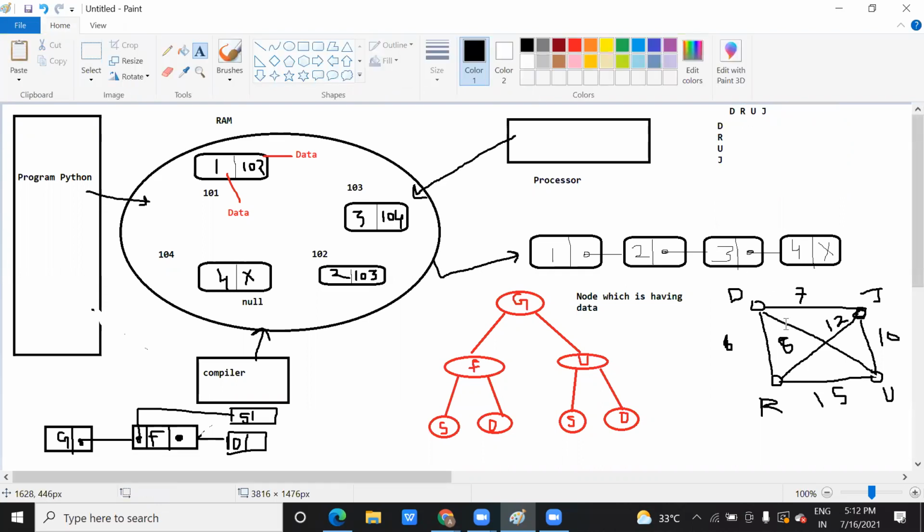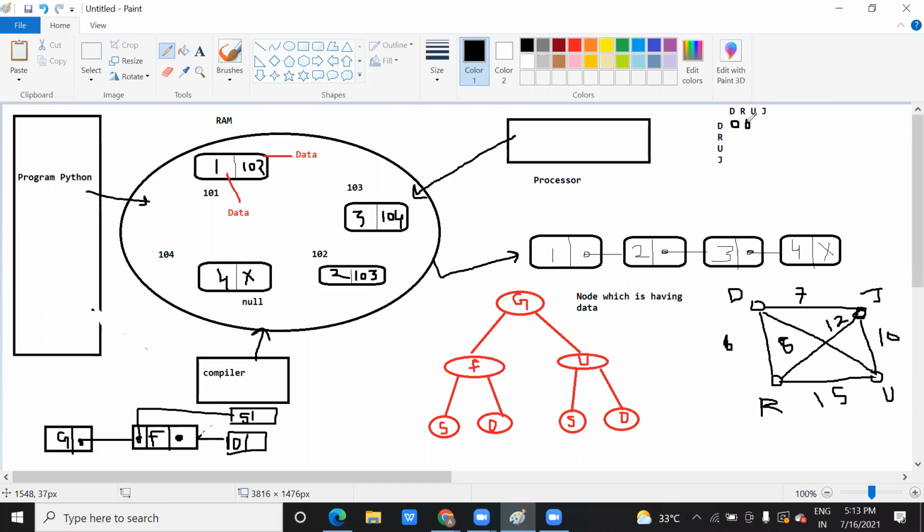Now if I ask you what is the distance from Delhi to Delhi, what are you going to say? Zero, right? It means you are standing on the same point and asking for the distance. Now D to R is 6, right?